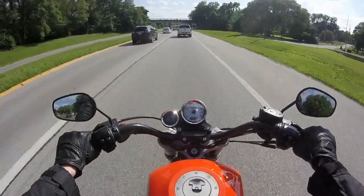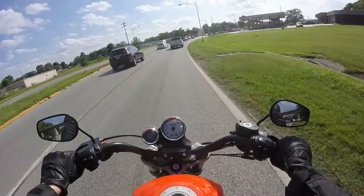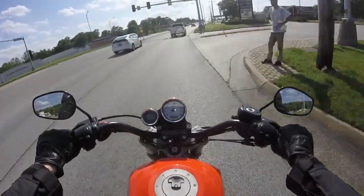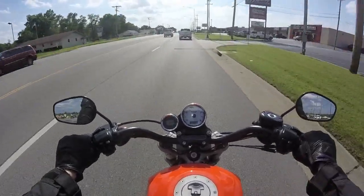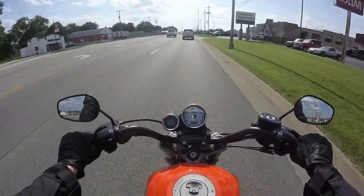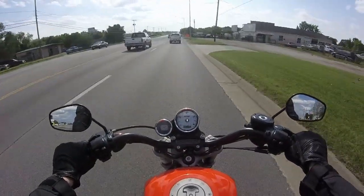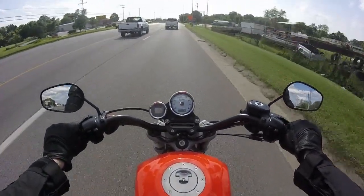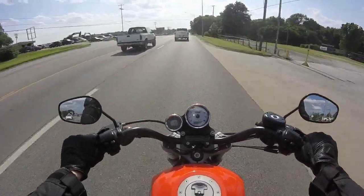But it comes out and the model I want is close to $20,000. And I'm a firm believer that you shouldn't really pay more than 12 or so thousand for a motorcycle. It just isn't really worth it. It's just too much money for what you get with the motorcycle. I don't care how much technology or performance there is. Something like an H2R, I understand that being so expensive. Maybe they're gonna depreciate, sink like a rock value-wise, and then they'll be reasonable to buy. But